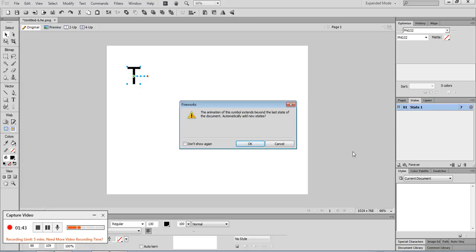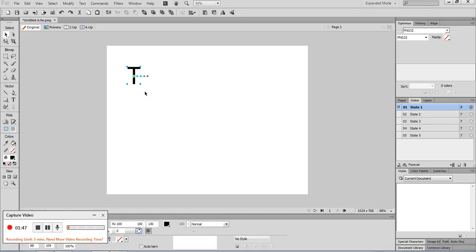So there's not enough states. Do I want to automatically add new states? I'll click on OK. I'll grab the red diamond and stretch it across, and as you can see, as I do that, there are the other diamonds that correspond with the position that the object will be in during each frame. Alright, I click on play and there's my animation occurring. Okay, we'll add another